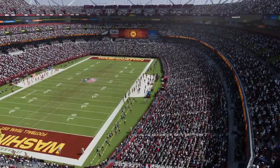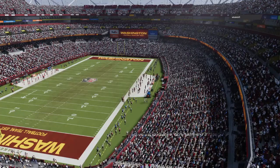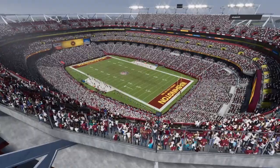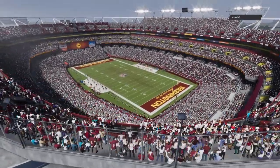So for Washington, their playoff chances take an uptick as they move to 7-4. And they'll have another home date next week as the Indianapolis Colts come to town. Meanwhile, for San Francisco, we'll see how this affects their playoff standing as they